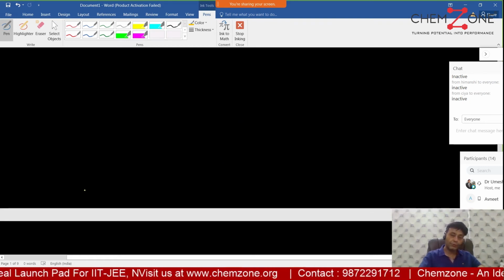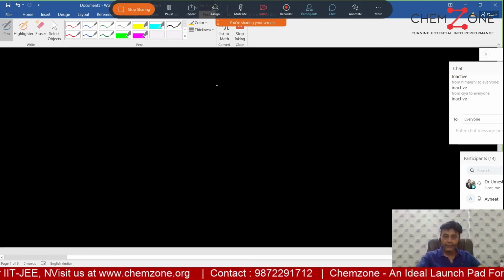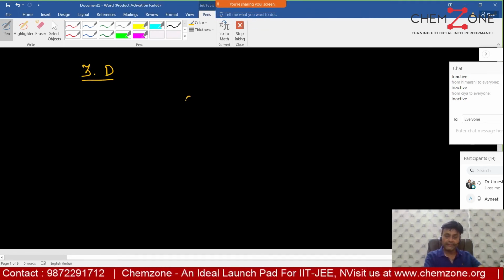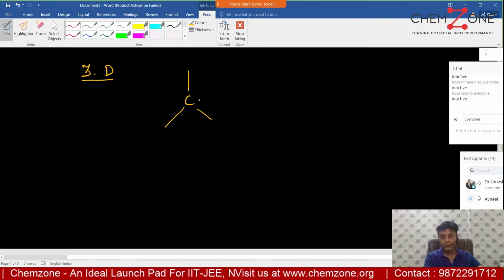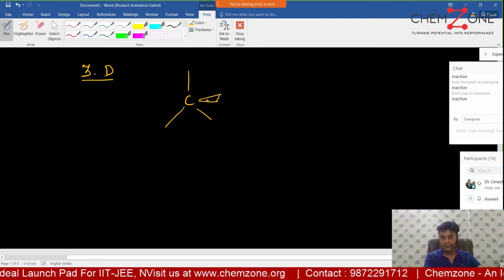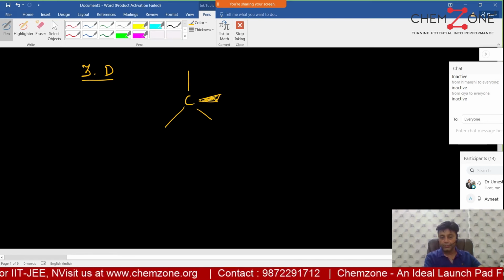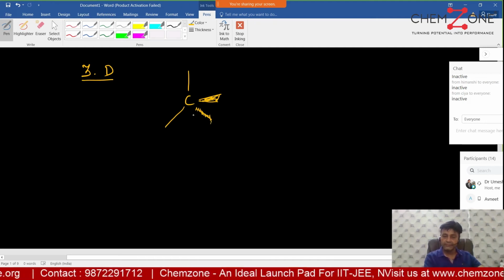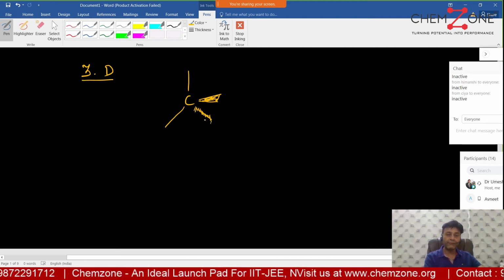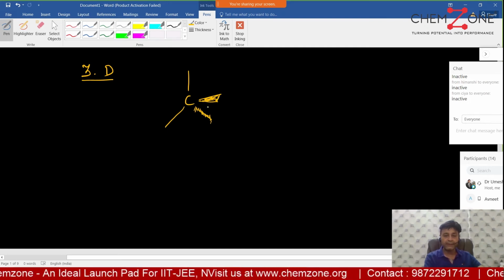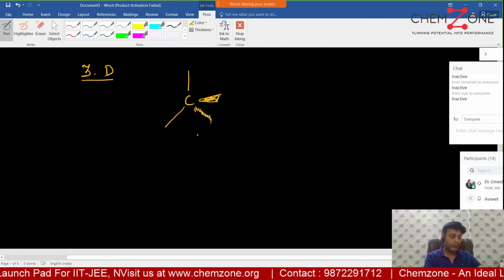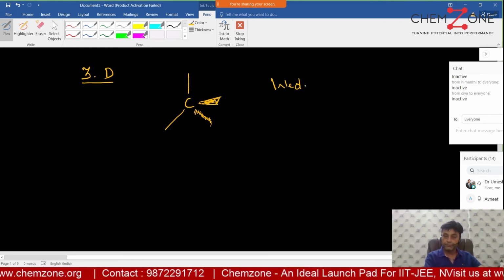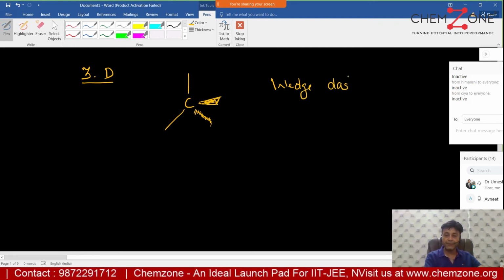Right. So now we are representing the molecule in two ways. One is a 3D structure, like this. We call it wedge and dash representation. This is towards the observer and this is away from the observer, right? This is a dash representing that it is away from the observer, and this wedge is representing that this is towards the observer. This is called a wedge dash representation of a molecule.